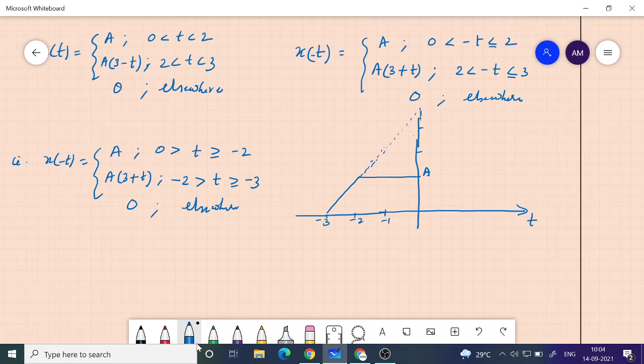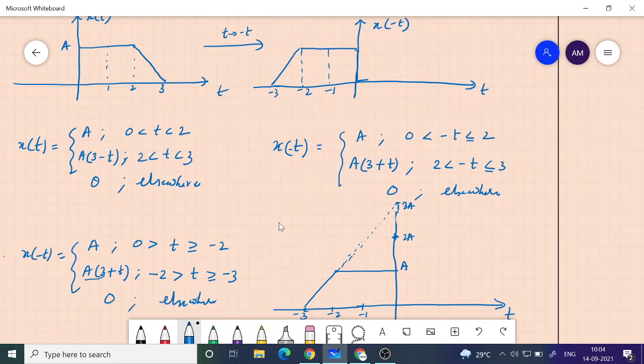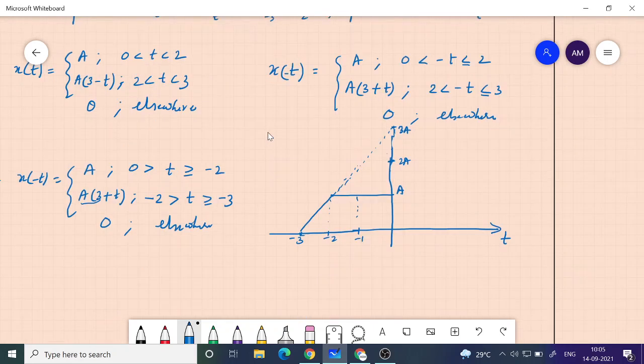Okay, something like this. So this is a, so you take 2a here and then 3a here. So the y-intercept is 3a here, and slope is a. So that is this line. So this is our expression, which is the same as we got graphically, right? Everything is the same. So this is the mathematical way of transformation, and the other was the graphical way of transformation.